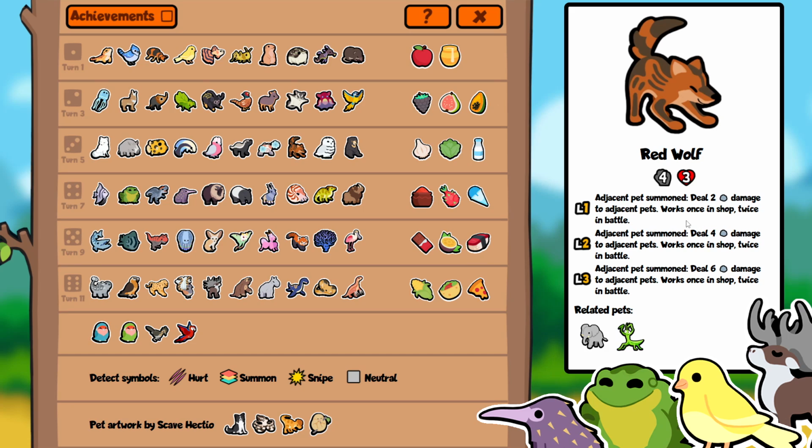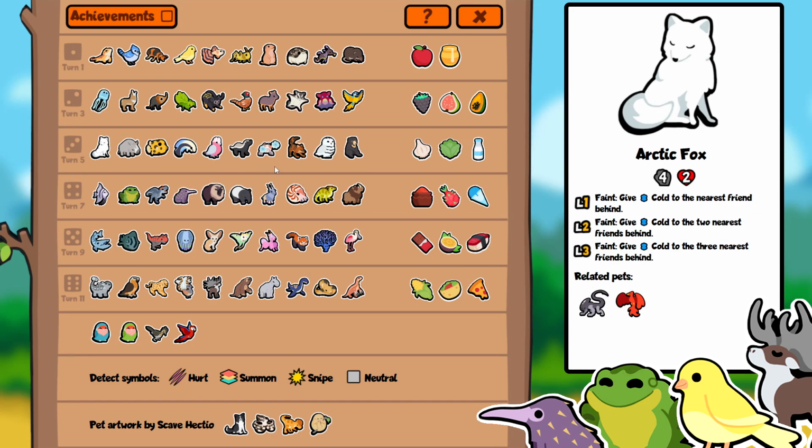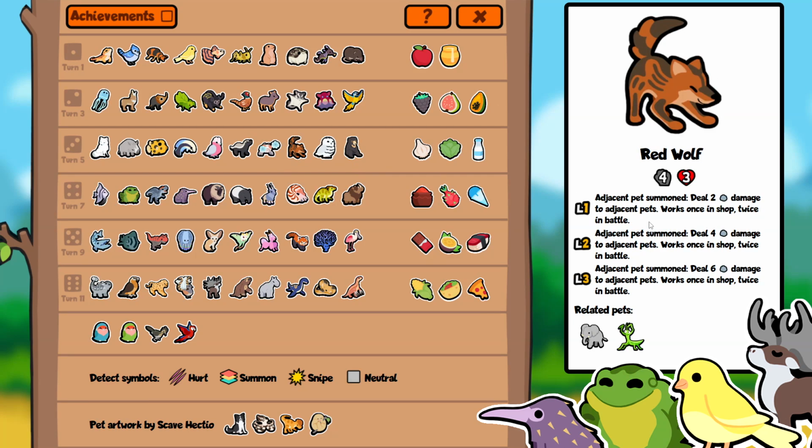And dealing 2 damage initially means that it's not going to be able to faint everything. It will be able to faint the Arctic Fox, but you could of course run 2 of these wolves with a gap in the middle and buy the pet into that slot in order to faint something that has 4 health. Or you could simply level up and start dealing higher amounts of damage in order to trigger those faints on